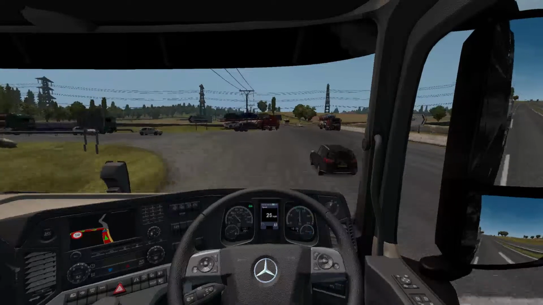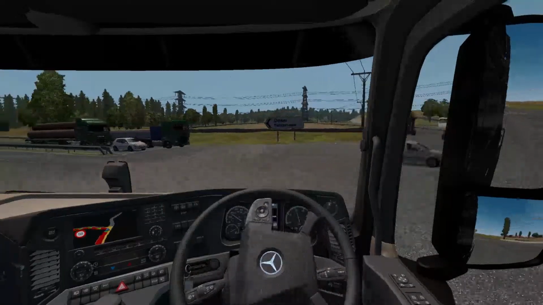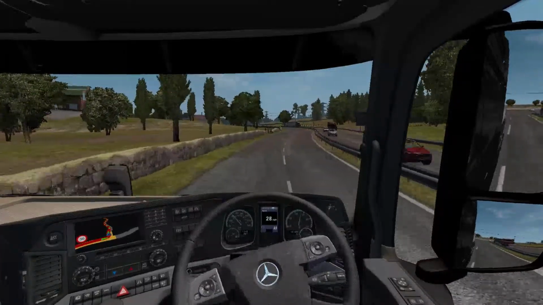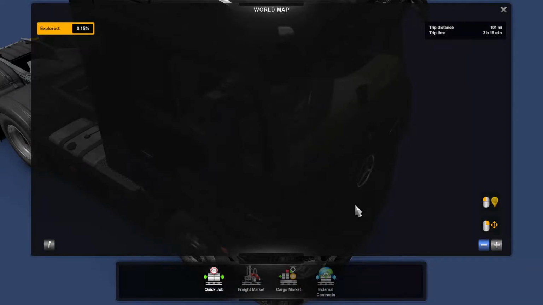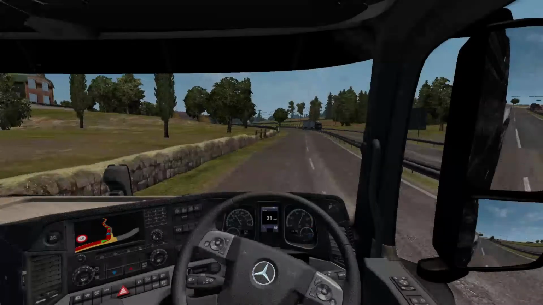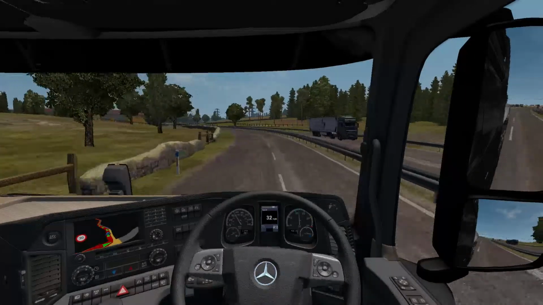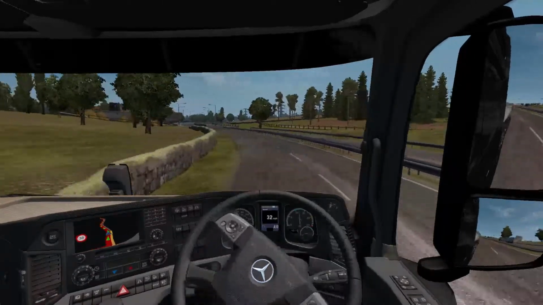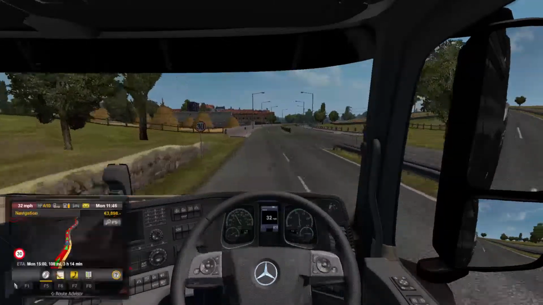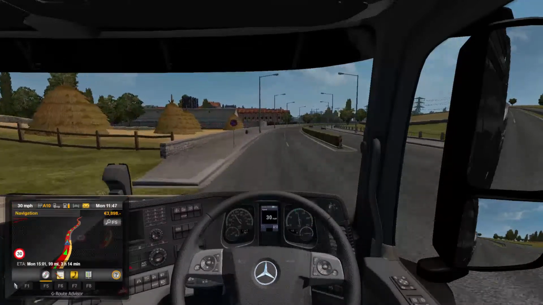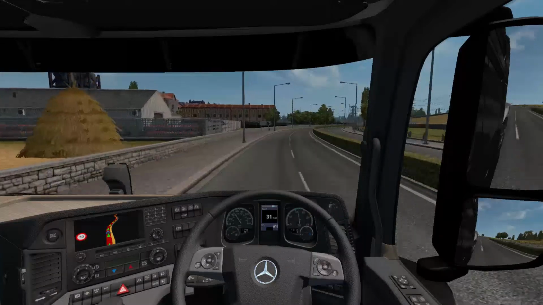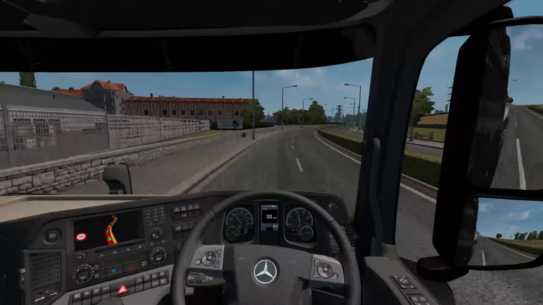So here we are, turning now towards Dover, heading to Dover and then crossing the channel by ferry, I think it is today, because that's the closest to Calais, and then we'll be in Calais. I think it's about an hour and a half for the ferry journey. We don't have to pay for the ferry journey, unfortunately, which does add on to the cost of the job, considering we're only being paid €2,000, or €1,900. If you take into account the ferry costs, it's not that great a profit, but never mind.